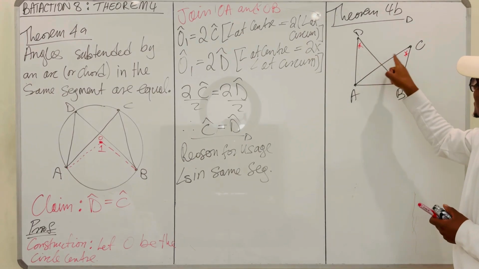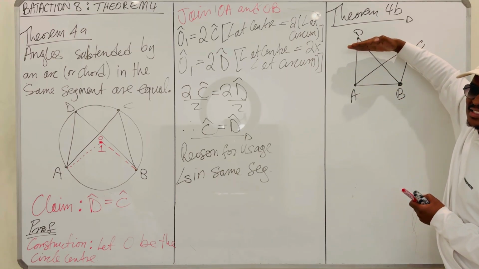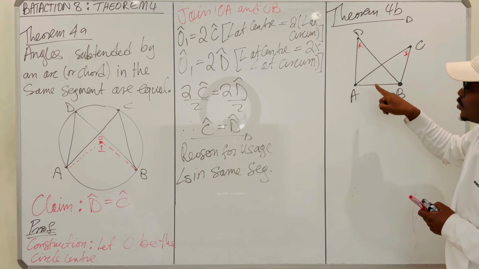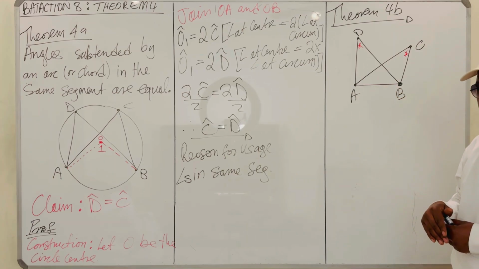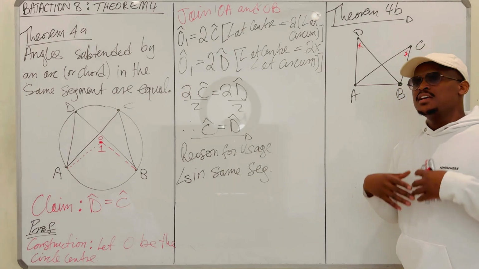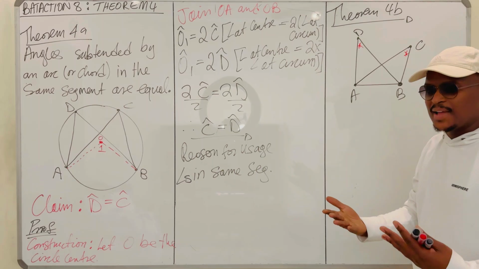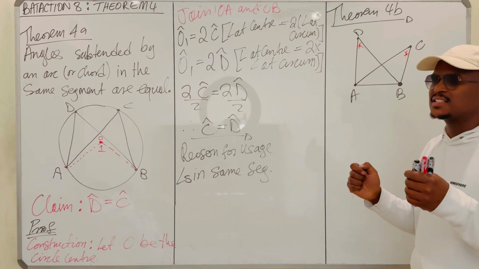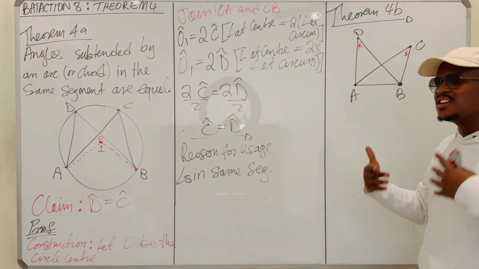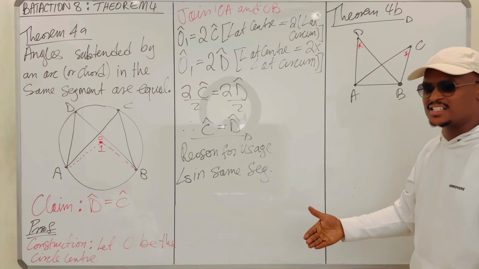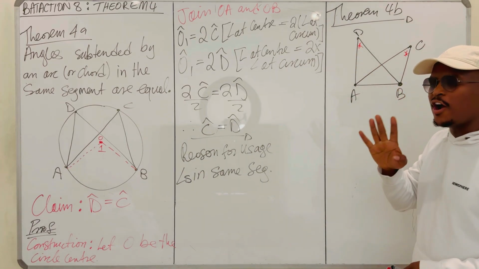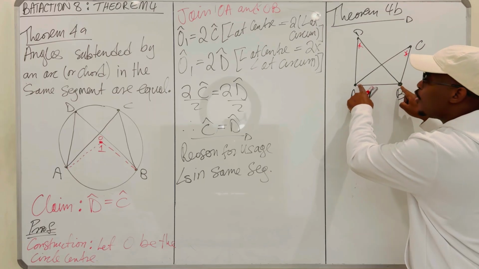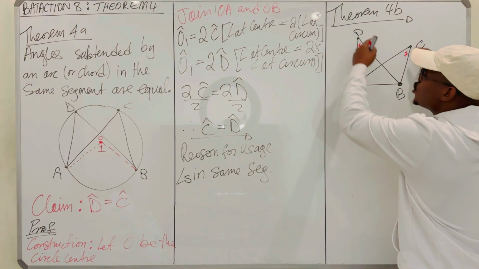The subtended angles must be on the same side of the subtending arc, also of the subtending line segment or subtending two points. They are saying that if you see a line segment that subtends two equal angles on the same side of that line segment, then all these four points, which are the end points of your line segment and your two other points,